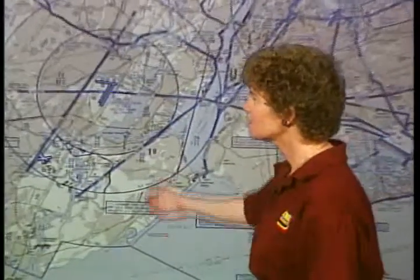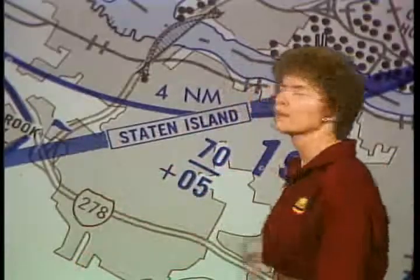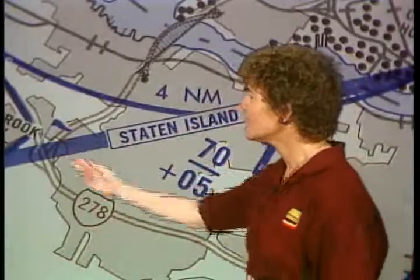Now, the routes are named. If you take a look at the routes on one of these, you'll find they actually have names. For instance, the Staten Island route. So all you have to do is tell the controller that I want the Staten Island route, and the controller knows exactly what routing you want to follow, and it's marked real heavy there on the chart,